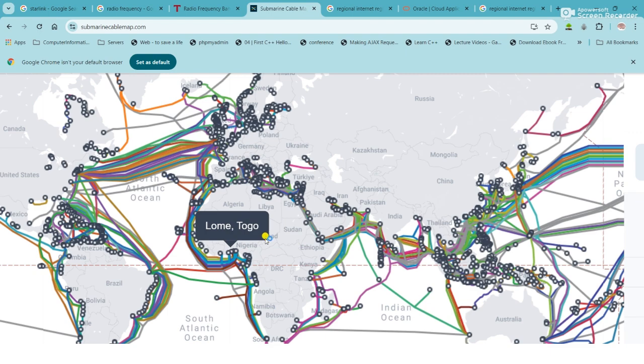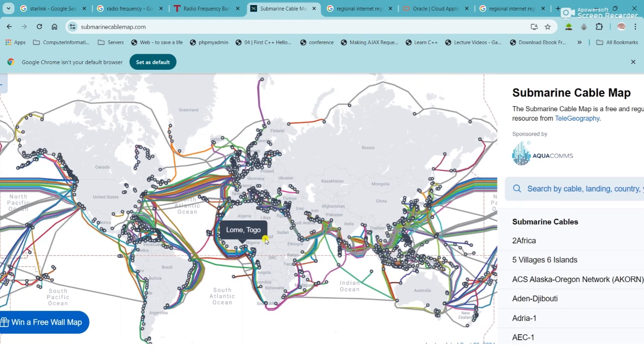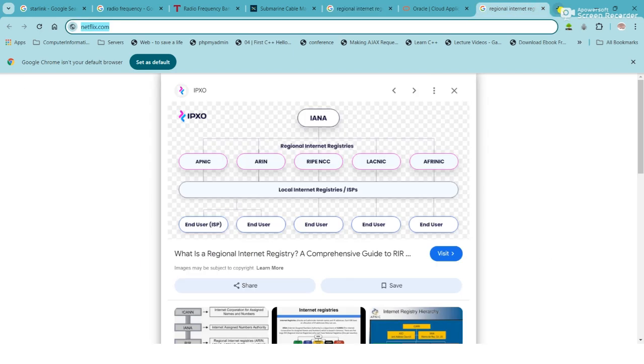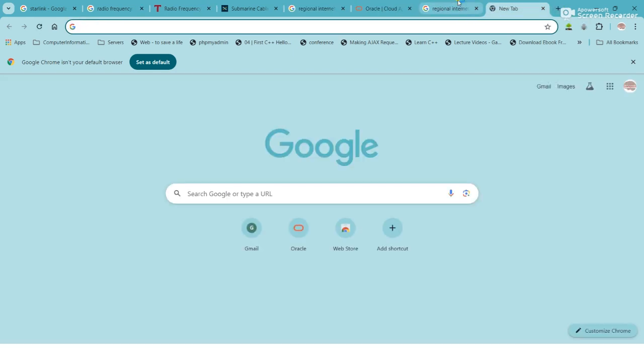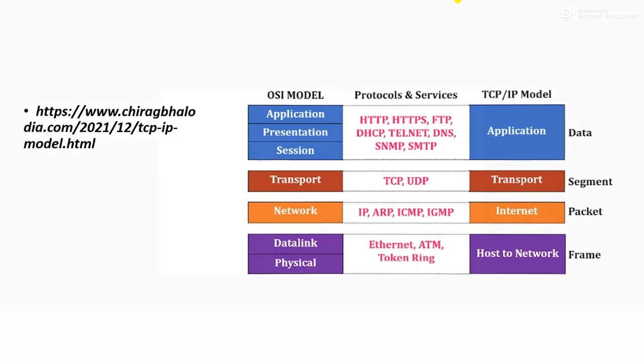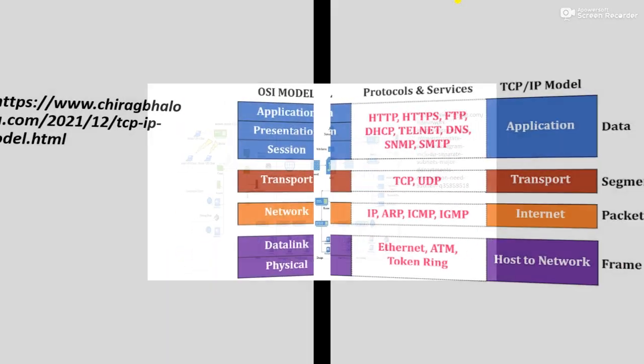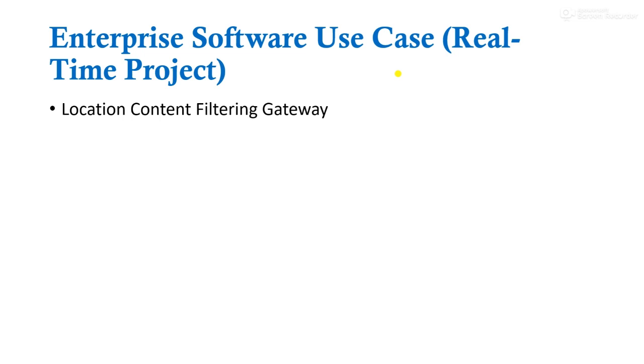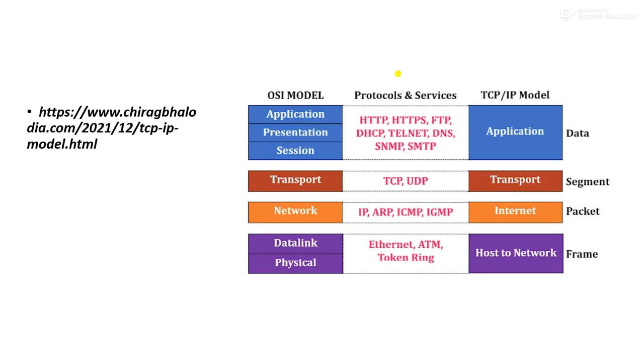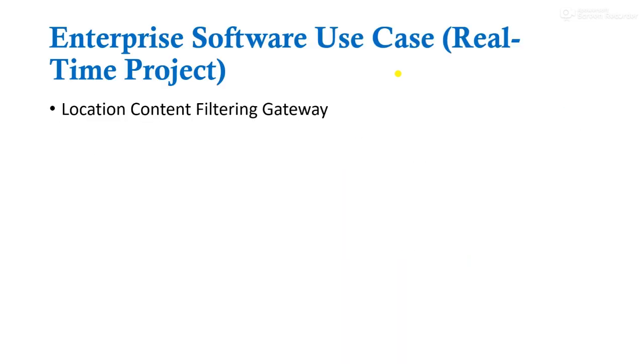So that's it for this code film. In the next code film, we're actually going to look at how practical it is, in the sense of seeing the datagram moving. So we use our own application that we built to do that. The application that we built is a location content filtering gateway. So we'll look at that in the next code film. So stay tuned for the second half, and let's start looking at the practical flow of the datagram and the application that we built.